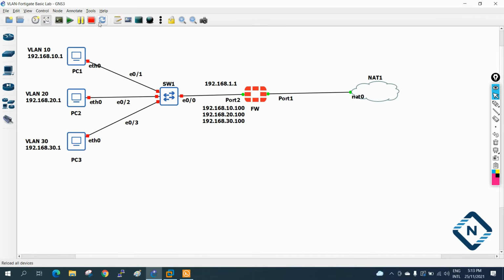I can write here, let me take, and I will keep here this one. In the port 1 we have this IP we get from the DHCP. Okay, and our gateway will be this side.